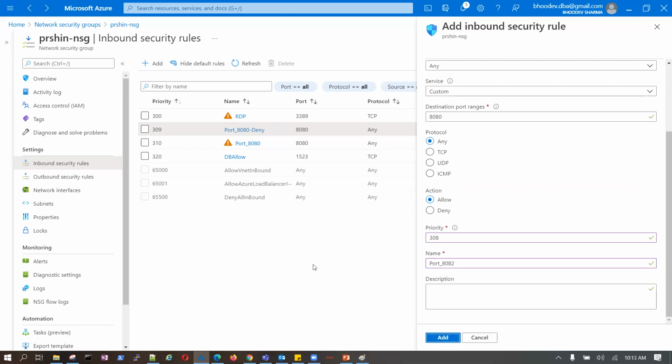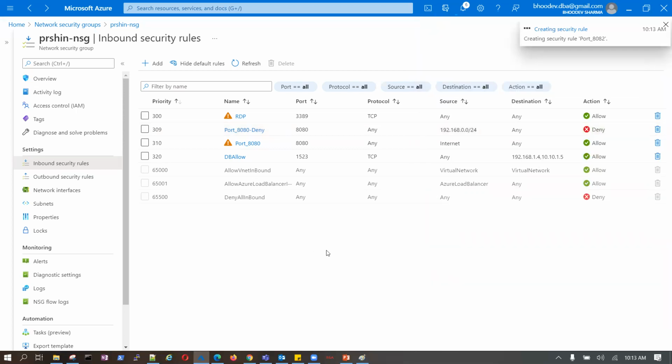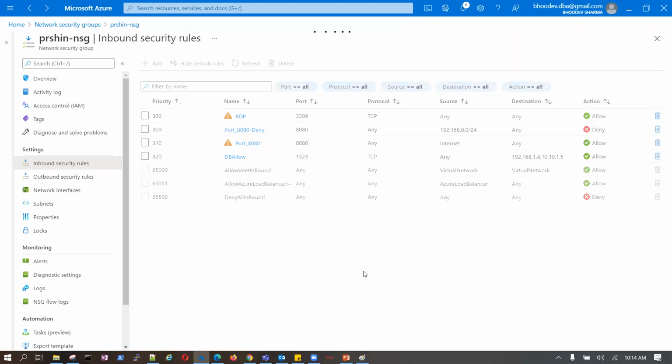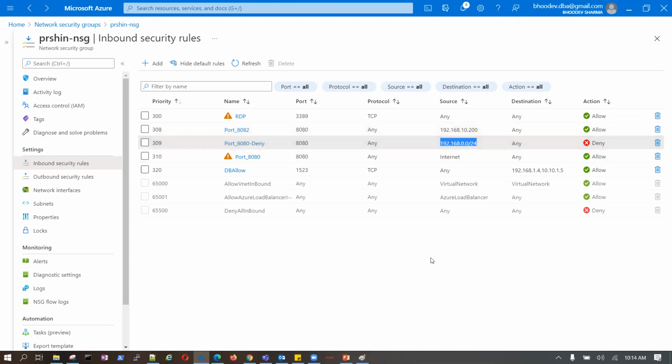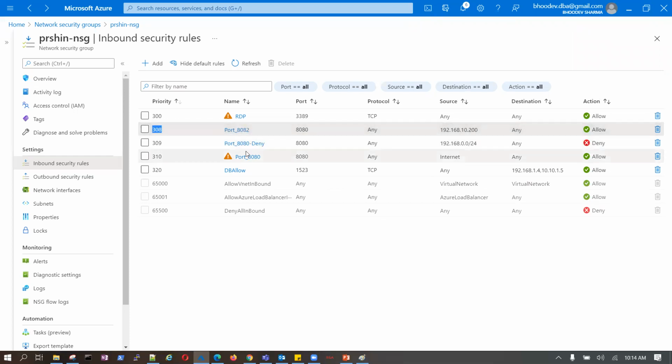What will happen? Using this particular rule, Arslan is allowed. Arslan's single IP is allowed, and the rest are blocked from that range. And this priority decides whether to allow or deny.